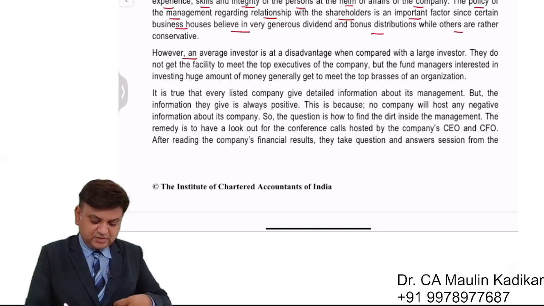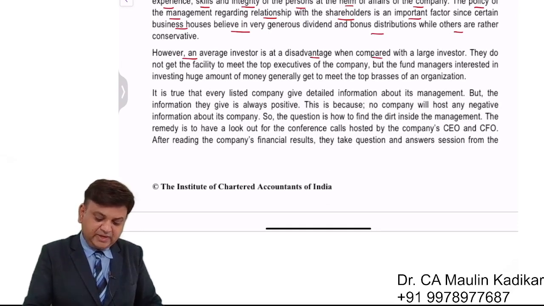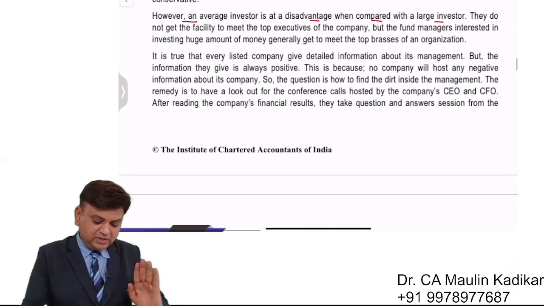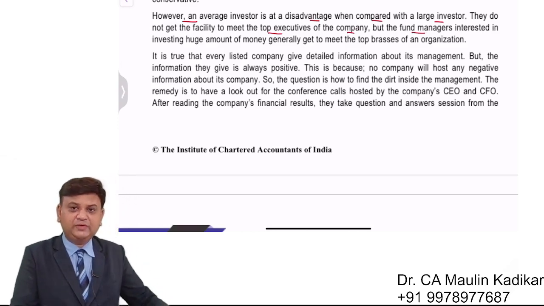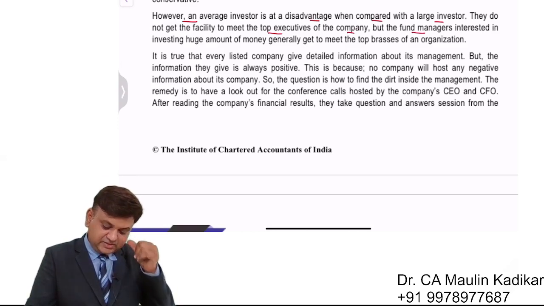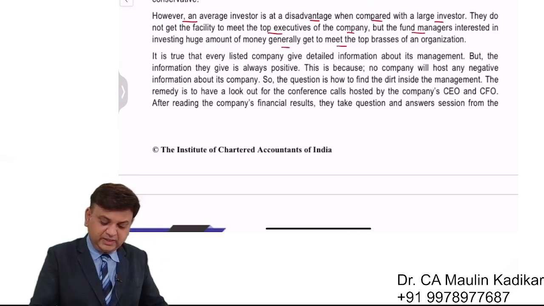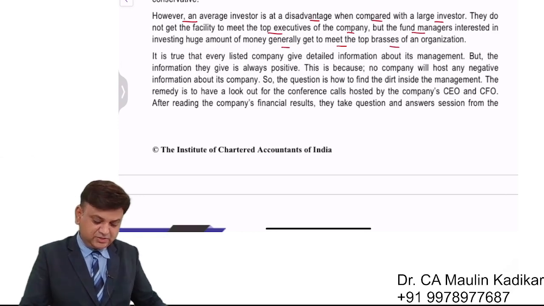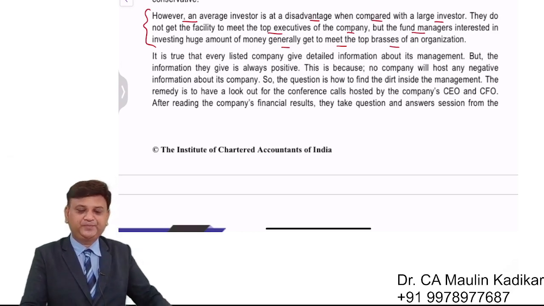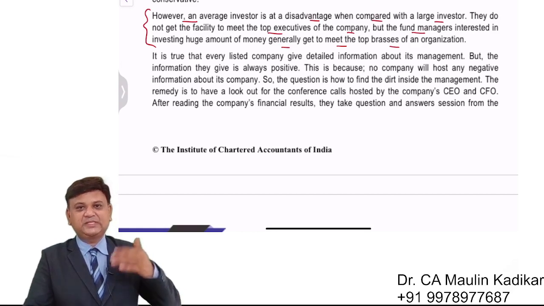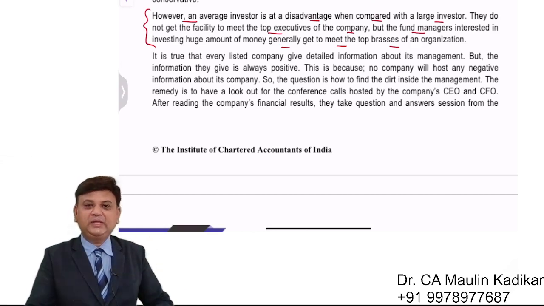However, an average investor is at a disadvantage when compared with the large investor. They do not get the facility to meet the top executive of the company. But the fund managers, तो जो भी मैं बात कर रहा था म्यूचुअल फंड के मैनेजर्स, interested in investing a huge amount of money generally get to meet the top brasses of the organization. तो ये एक तरह से फायदा भी है एंड ऑनेस्टली ये एक तरफ से नुकसान भी है, बिकॉज जो इतना बड़ा बड़ा बिजनेसेस चलाते हैं वो लोग जब आपको मिलते हैं then in that case definitely they convince you